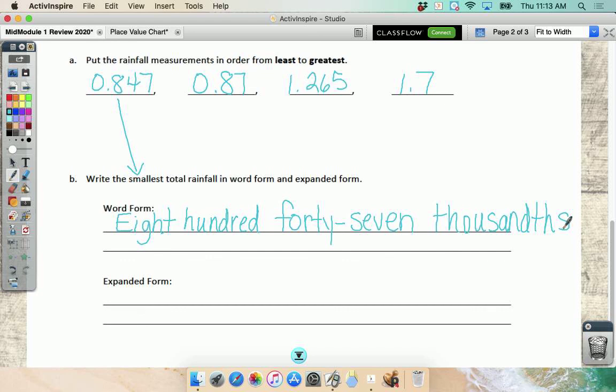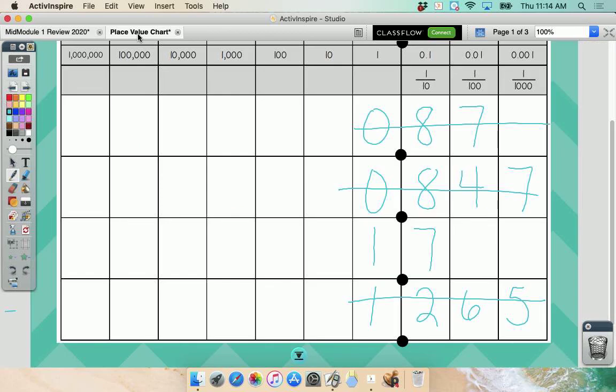Okay, so expanded form is the next one. A lot of times kids think this is unit form and they write 847 and then the word thousands, but it's not. It's expanded form. And what does the word expand mean? I think of a rubber band when I think of expand. What is it doing? Stretching it out, okay? So when you expand something, you're making it longer. Sort of. So let's look at